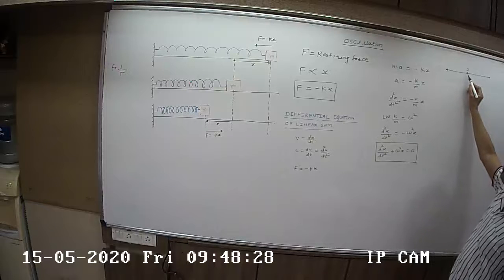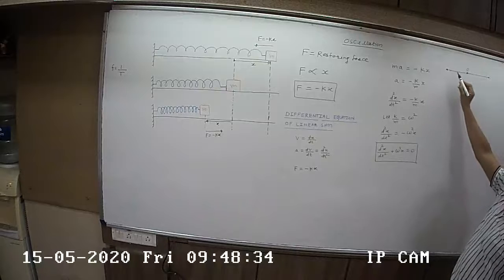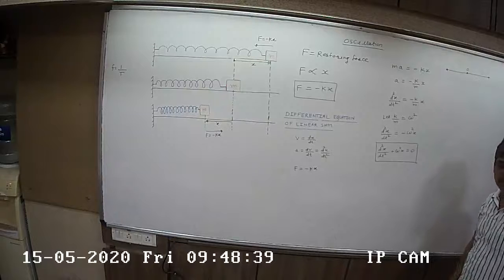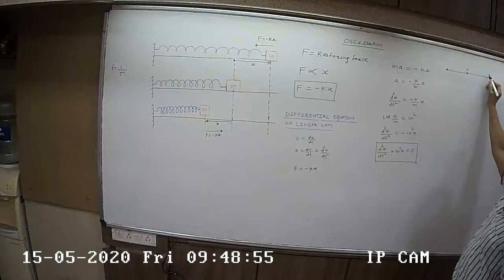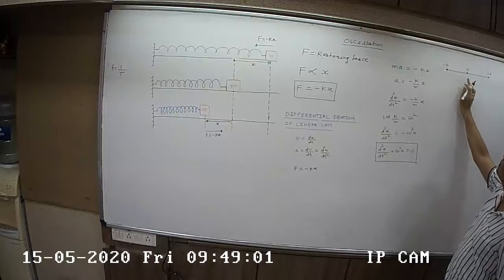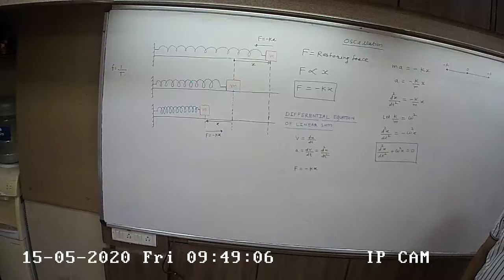Now I said displacement is always measured from the mean position. So when the body is at the right extreme or left extreme, it has maximum displacement from the mean position. वो जो maximum displacement है from the mean position is called amplitude and denoted by capital A. The letter which is used to denote the amplitude of oscillation is capital A. अभी since it is towards the right, say on the positive x-axis, इसलिए मैं इसको plus A लिखता हूँ. But A जो distance है, that is capital A, amplitude. That is the maximum displacement of the body from the mean position.